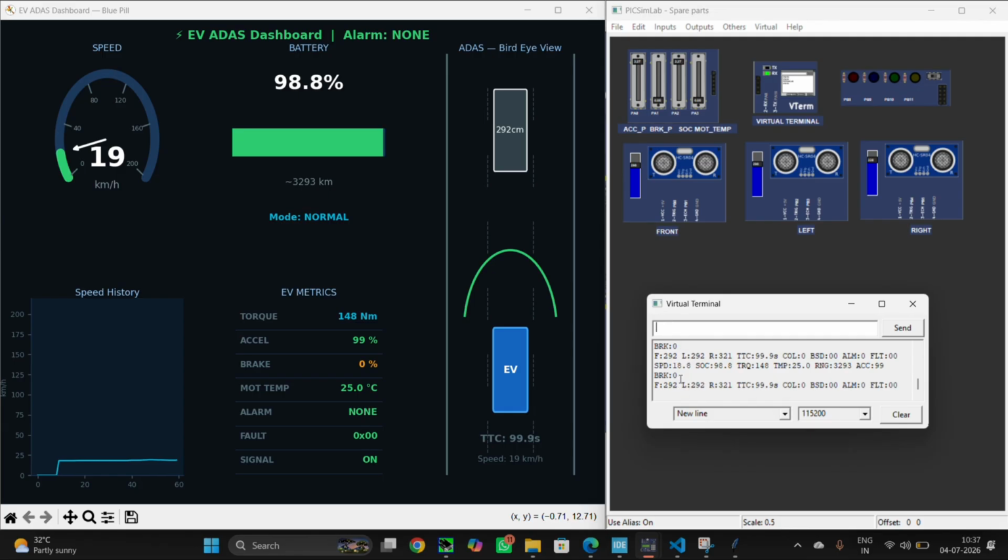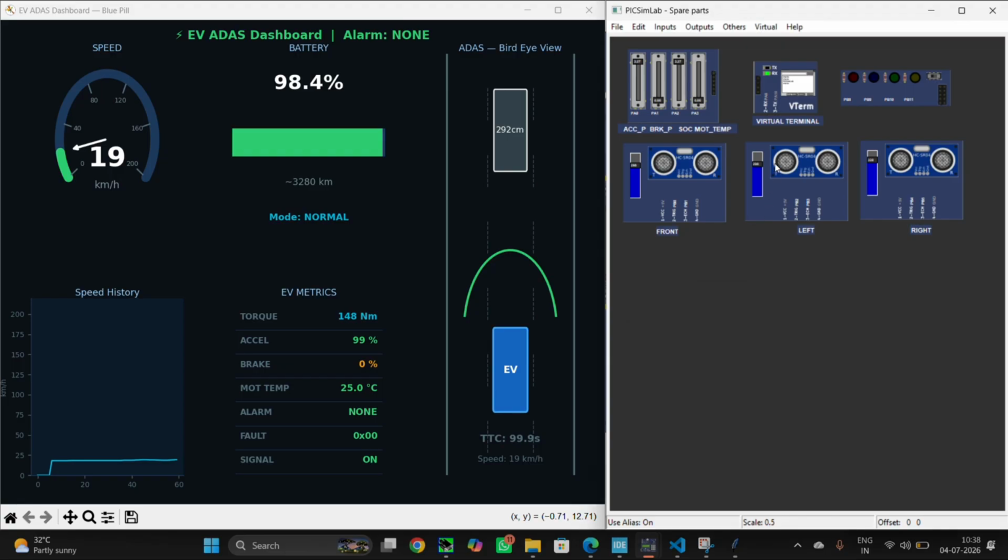Now as the speed goes above 20 and our left side distance and right side distance come below a given threshold, then there are blind spots. You can see a blind spot in this phase. Let us wait for it to go above 20. Also you can see if I decrease the left side distance, it isn't showing any blind spots because our speed is less than 20. Now since our speed becomes 20, if I decrease my left obstacle distance below 50, you can see